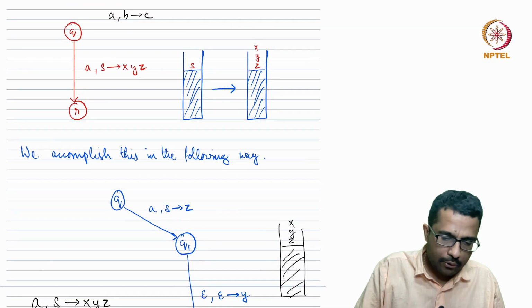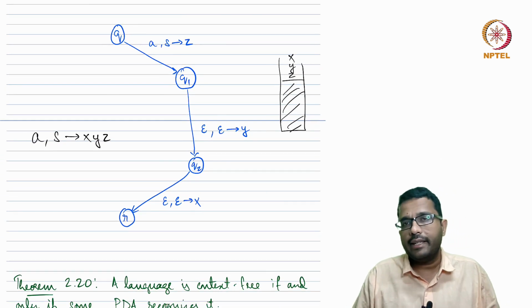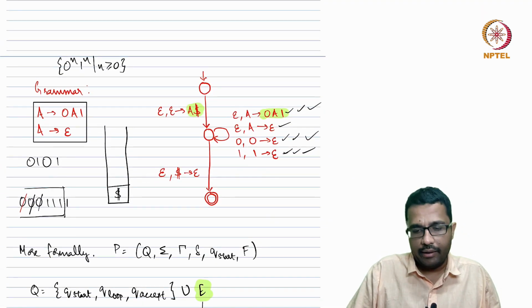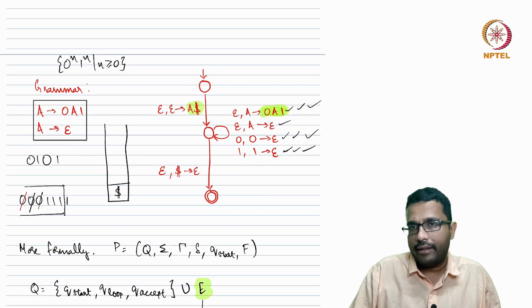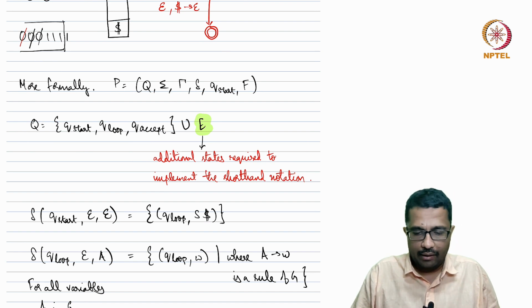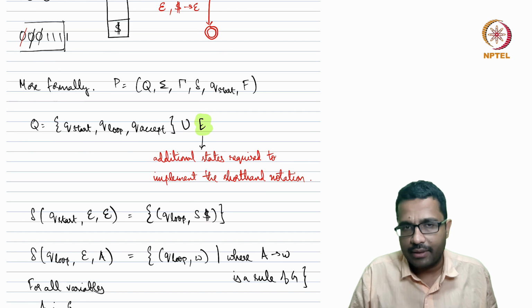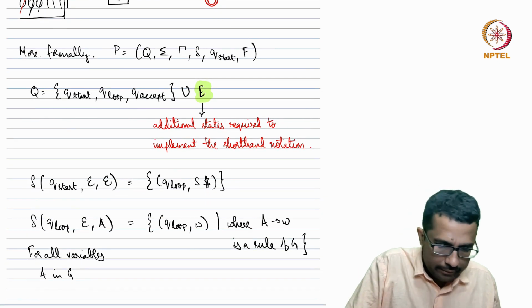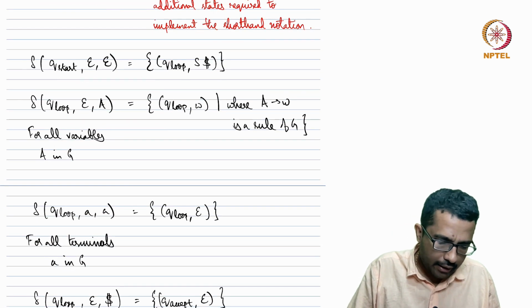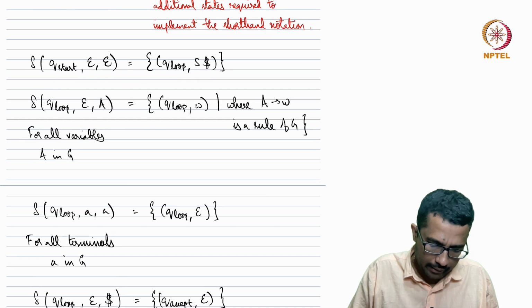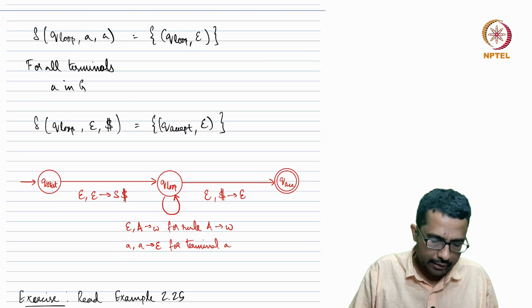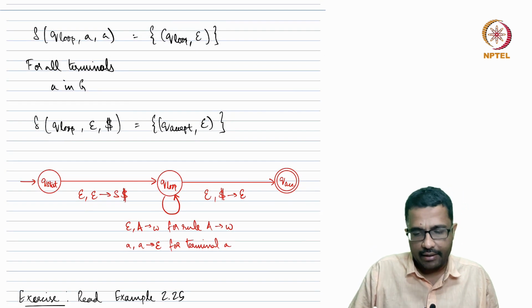So S goes to XYZ. We need to add intermediate states to realize this, right? So for this $A we may need to add one intermediate state. For 0A1 we may need to add 1 or 2 intermediate states. So the total number of states may be more than 3 depending on how many you add, but it doesn't matter, we can add some states, right? And here I have written all the transition rules. There is the start to the next one, and this corresponds to all the rules, this corresponds to all the terminals, and finally the transition from the middle state to the accept state.